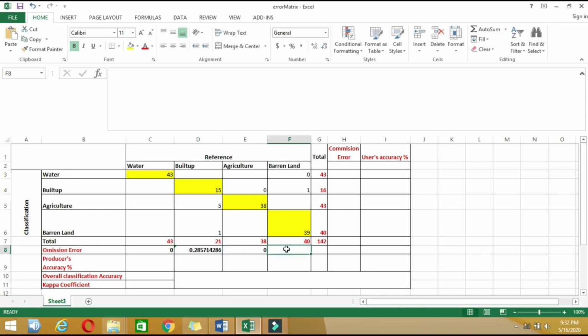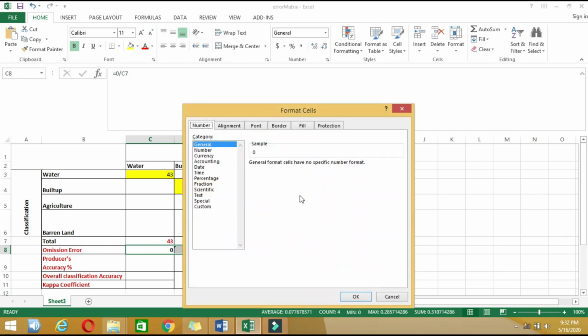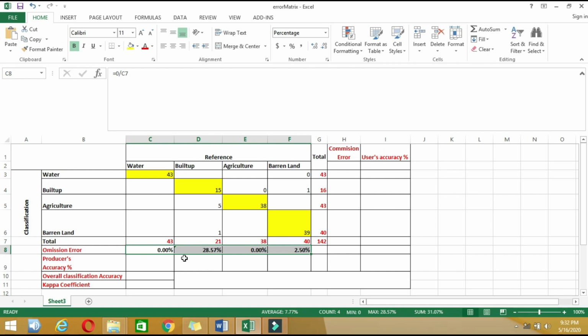In our barren land case it's 1 plus 0, divided by 39 or 40, divided by the total number of reference sites, and this is our error. So this is automatic, you can convert it into a percentage format, so you will get how much percentage of error you are getting. The maximum error we are getting is in the build-up classification.